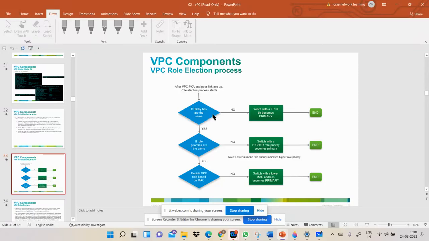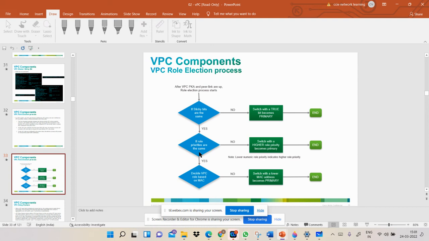Either it has two options, that is the switch with a true bit becomes the primary, right? Because the primary and secondary switch election criteria happen after that. So your end devices will be connected. If it is not able to find any primary or secondary option, it can go for the roles. So if role priorities are the same, let's suppose